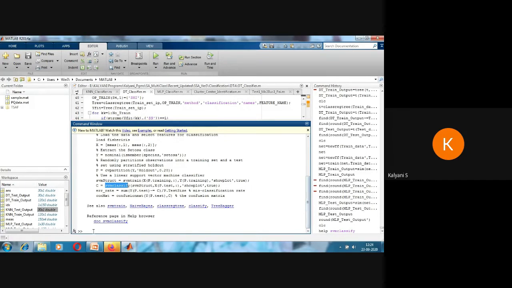So let me do it. This also you can copy and see. Okay, you can understand this. It is not that much difficult. They have loaded the data, they have taken the first column, second column, and are converting them into numbers, nominal. And then CV partition is one thing because in SVM we are having cross validation. So for cross validation, they have taken 0.2.